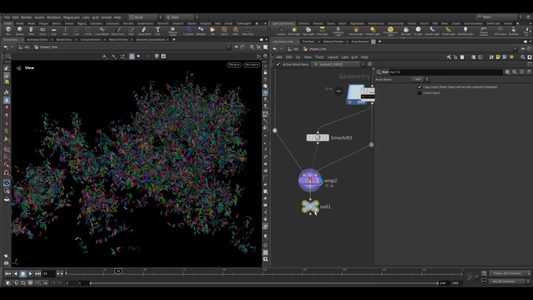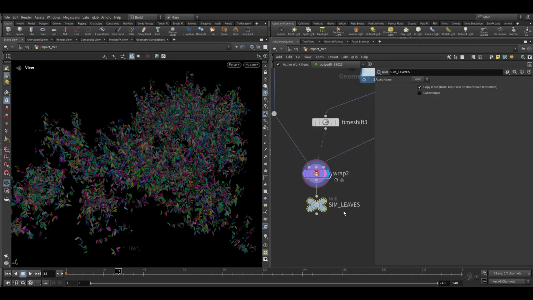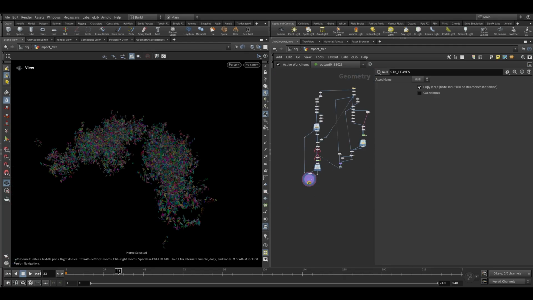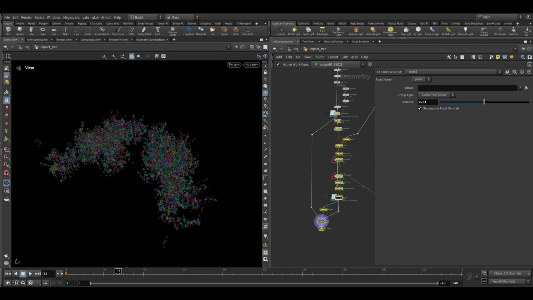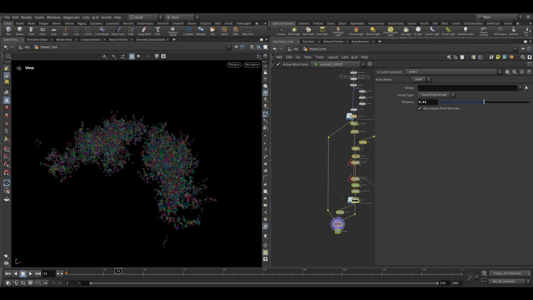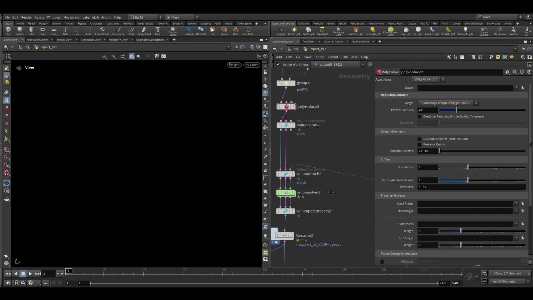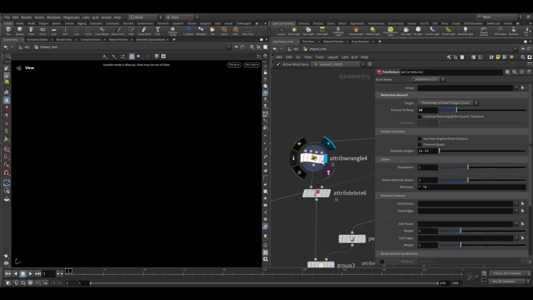So now you can add a null node here in leaves. Now we have to do the funnel leaf simulation as well. So to do that we just need to duplicate this whole network here and duplicate it. Now go to manual mode, and